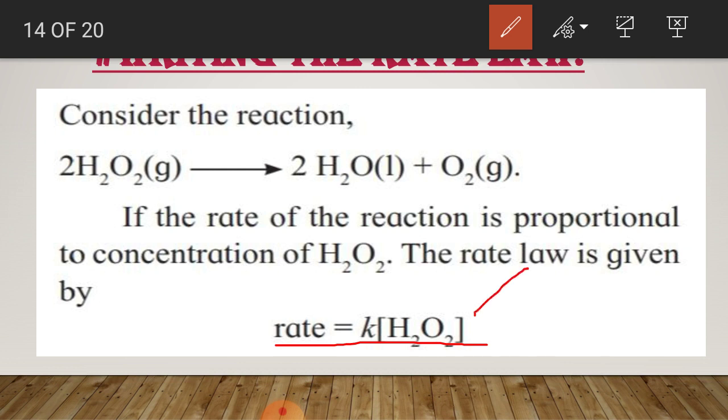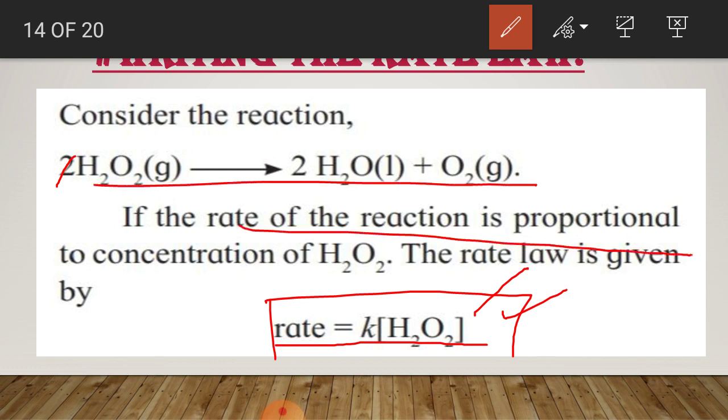Here your X value is not 2, as we have studied that X and Y may or may not be the stoichiometric ratio, as we wrote in rate of reaction, average rate and instantaneous rate of reaction. Here it is not true. This value is experimentally determined. So for this reaction, the rate is equal to K times the concentration of the reactant, proportional to the concentration of the reactant. Understood students? This is a very simple and easy concept for writing the rate of the reaction. These values X and Y are determined experimentally.